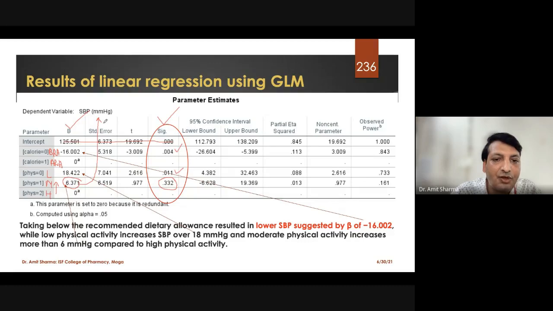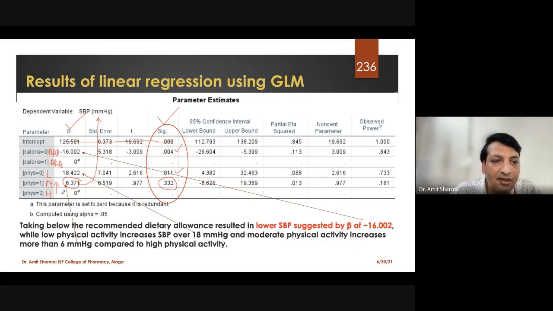Clear? I am doing high physical activity. If I stop high physical activity, say someone tells me that physical activity is not going to affect your systolic blood pressure, and I say okay, I will reduce my number of hours in a week. Instead of 30, I'll do 20. By doing 20, the blood pressure is going to rise. Why have I said rise? Because this 6.36 I have got in plus. I didn't get the minus value. So it is going to increase the blood pressure.